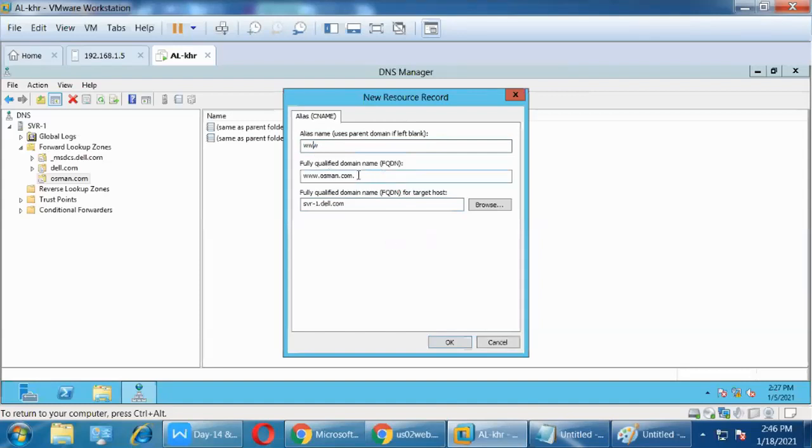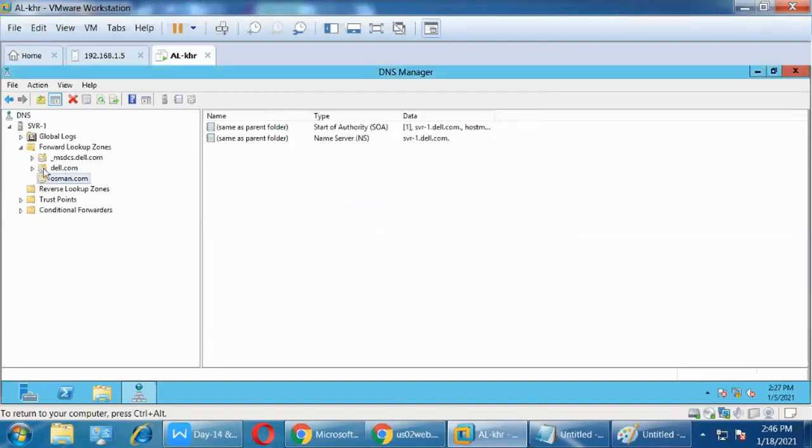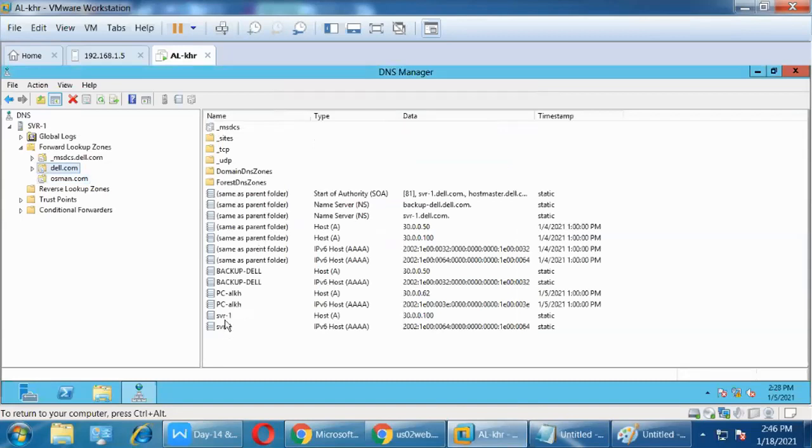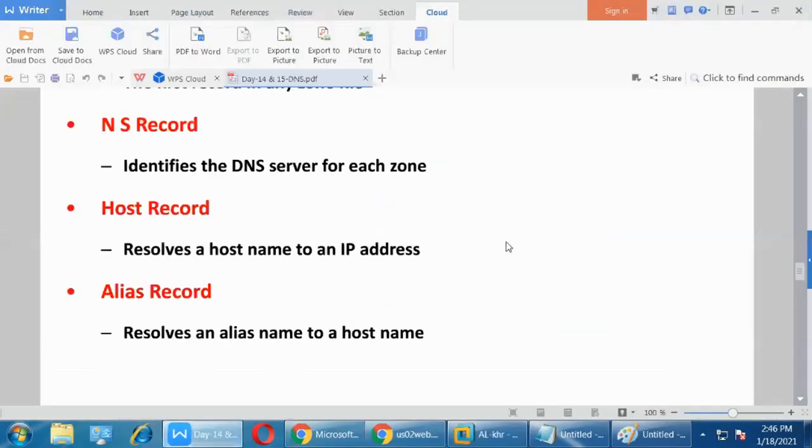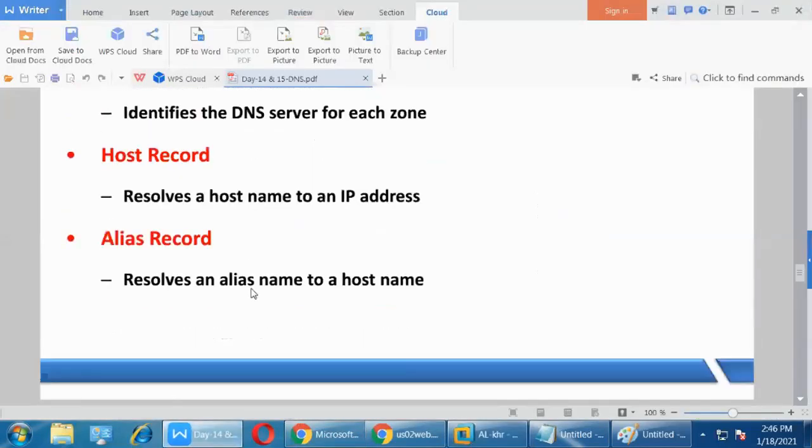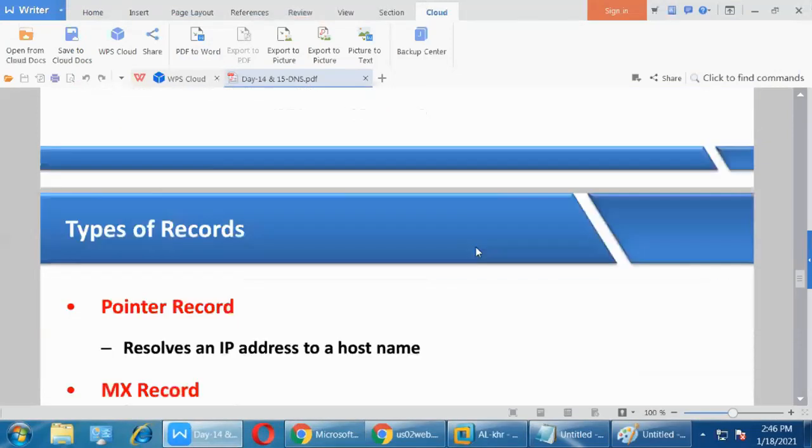This is the name you are given, and behind it is the IP address, because this is the server name. Here, what is the server name? See here, SVR, IP address is 130.0.0.100. In this record, the name is there and the IP address is there. So you are giving the name, but the system understands the IP address. Clear?